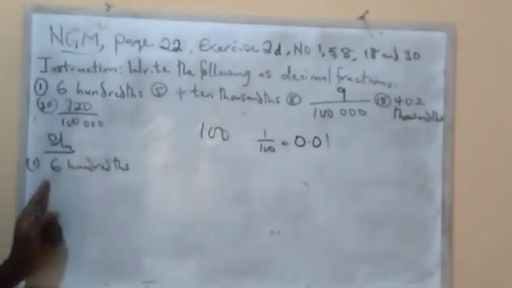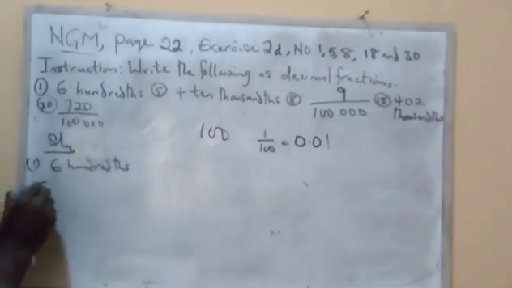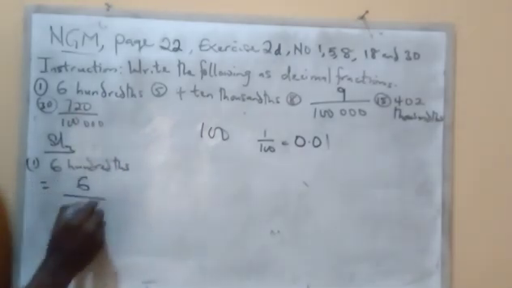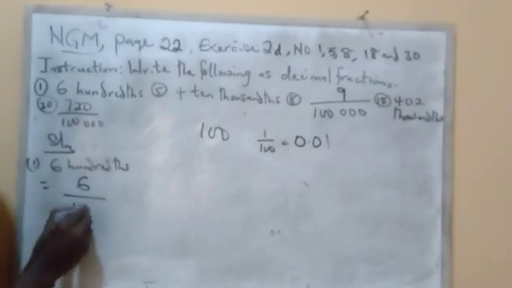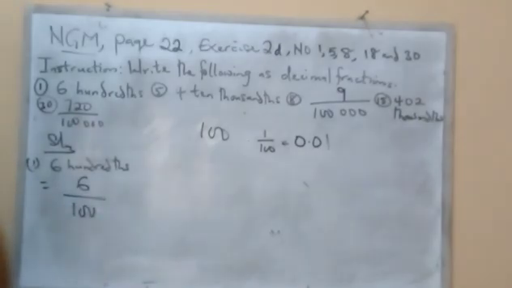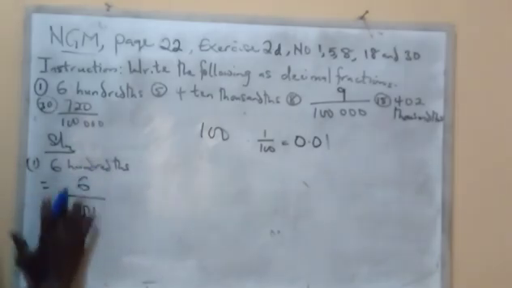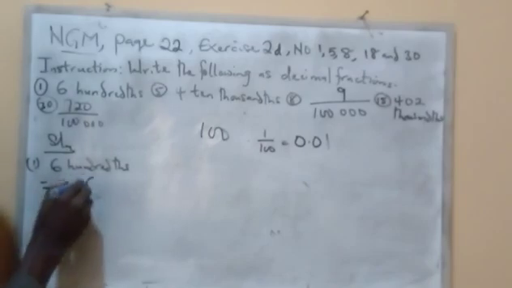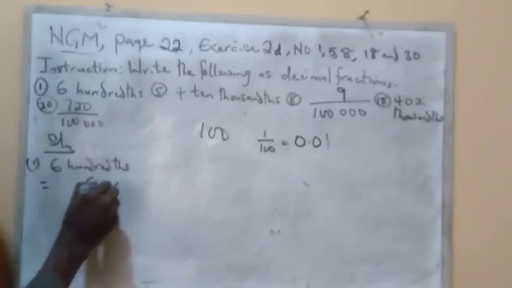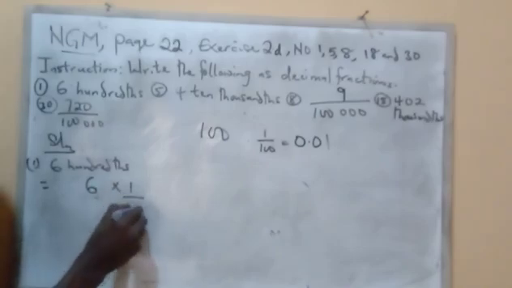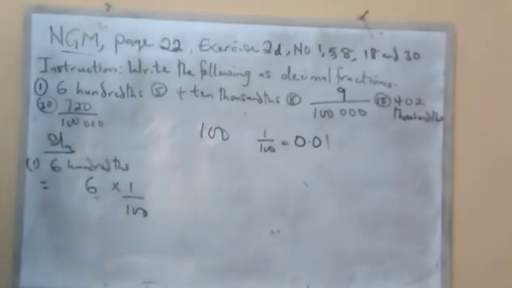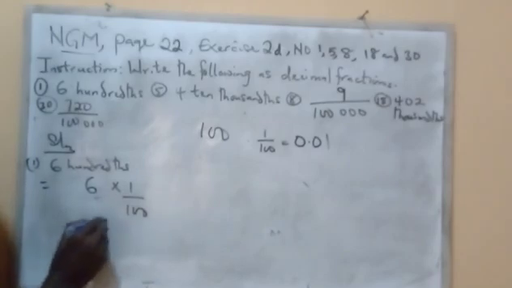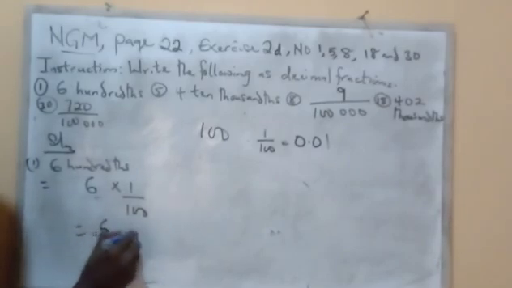So when we say 600, it simply means 6 all over 100, which we can also say is, for short, 6 times 1 all over 100. Which can also be said 6 all over 100, and that is what